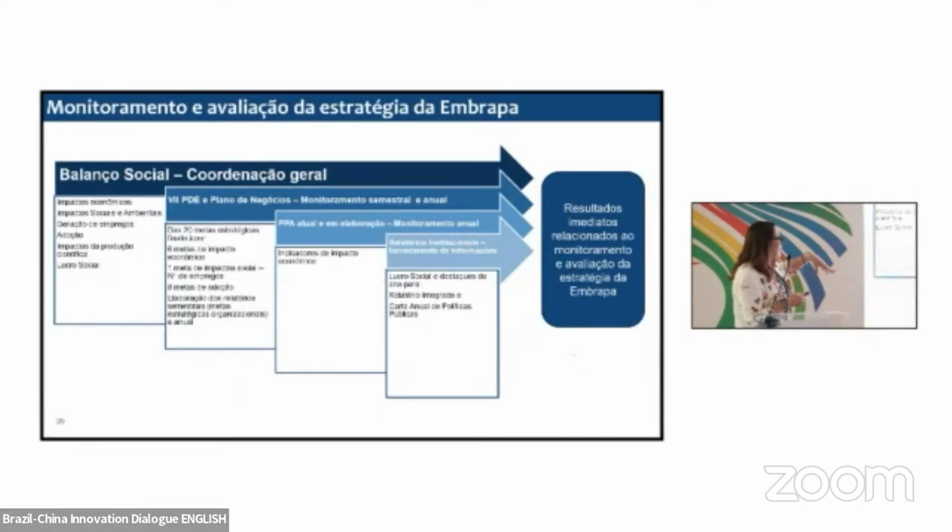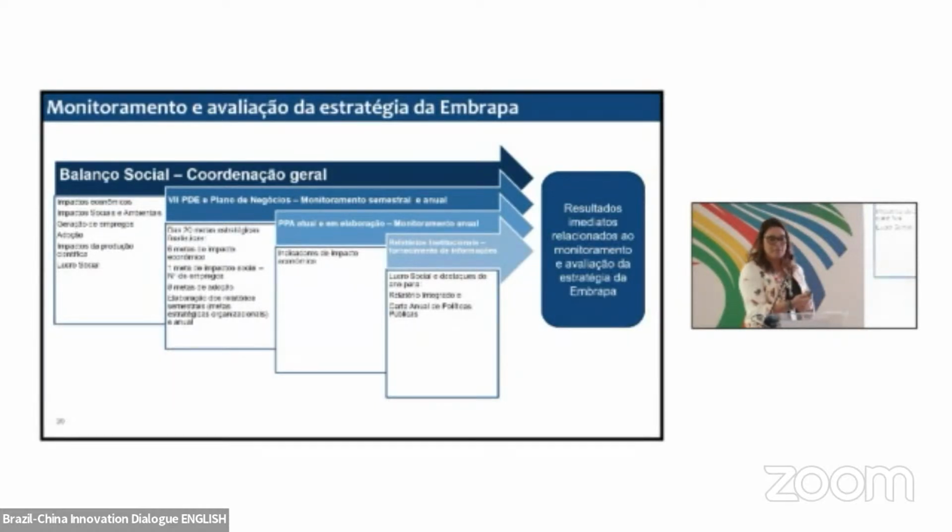And so the social balance will have this general coordination, which is assessment of impact, be it economic, social, or environmental, in employability. And it is a methodology that has been enhanced during the last few years, and we now have benchmark being done with the institutions, and they are our partners. We have INGIA and INHAR in Argentina and Uruguay. We have state organizations for research.